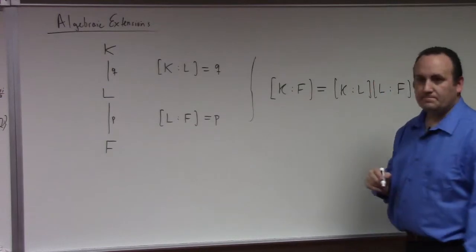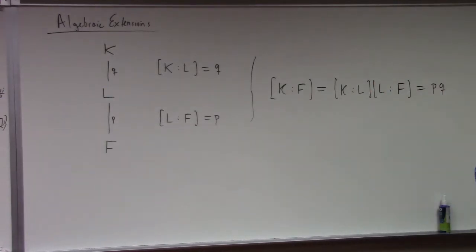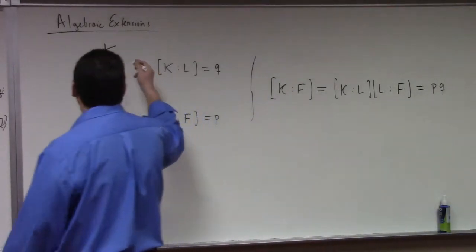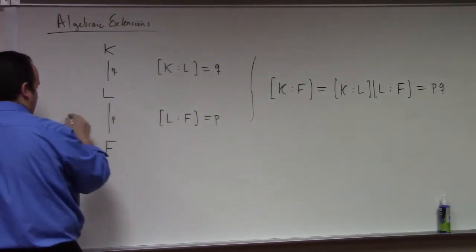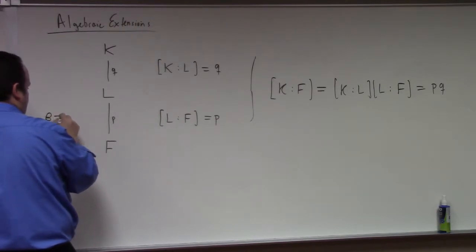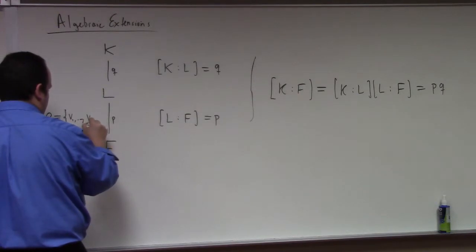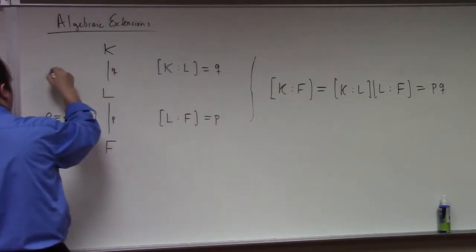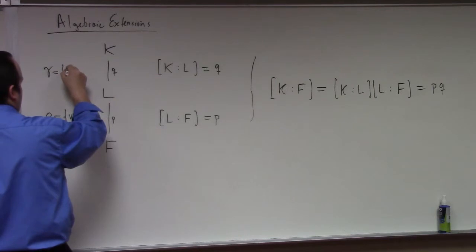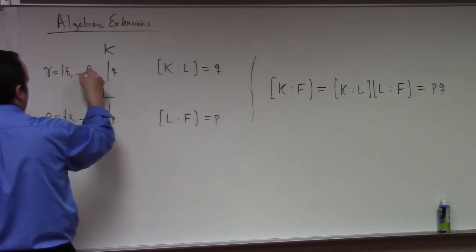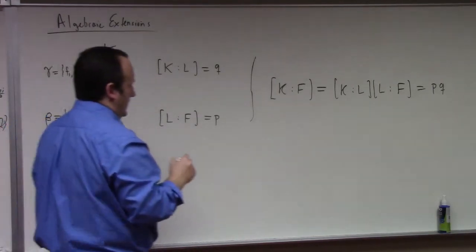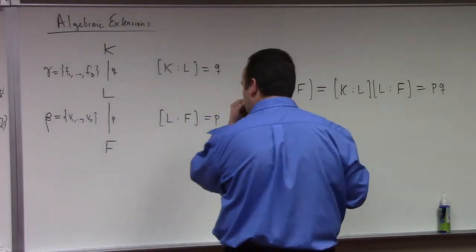And how did we prove that? Do you remember how we proved that last semester? Because this one I did last semester, because it's one of my favorites. It's pretty simple. So there's a basis, let's say V1 through VP here, and there's a basis, let's say gamma, F1 through FQ up here. And if I recall correctly,